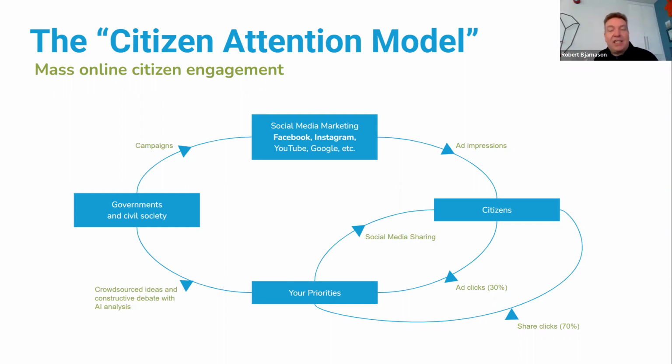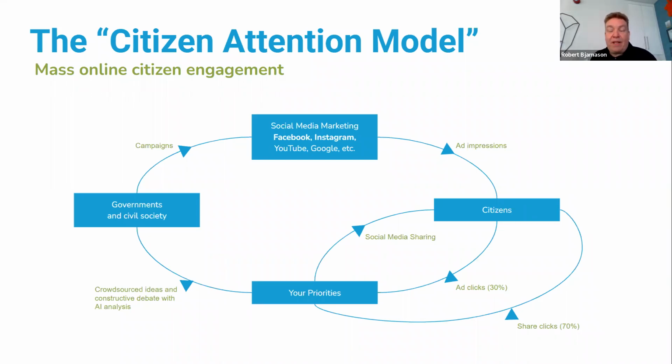That's where citizens are sharing content from Your Priorities to social media, and then other citizens are clicking on it. Think about it. Actually, last year, 75% of all the visits are coming from citizens promoting this to other citizens. So only 25% of the traffic is coming from your communications campaign.